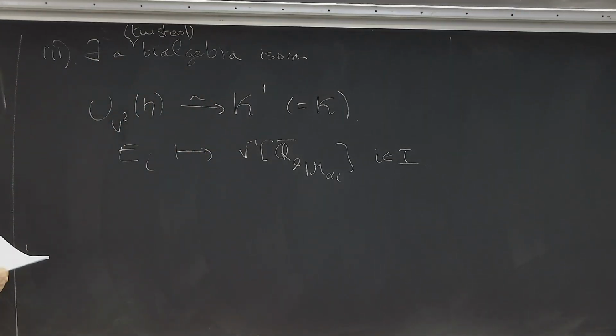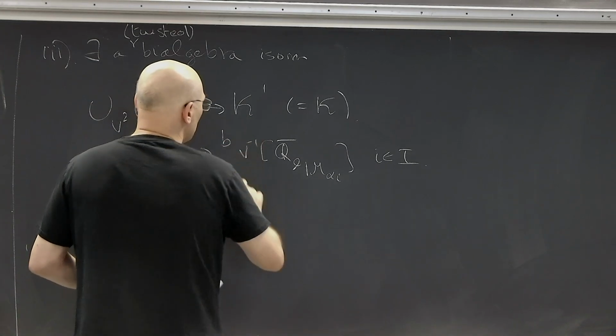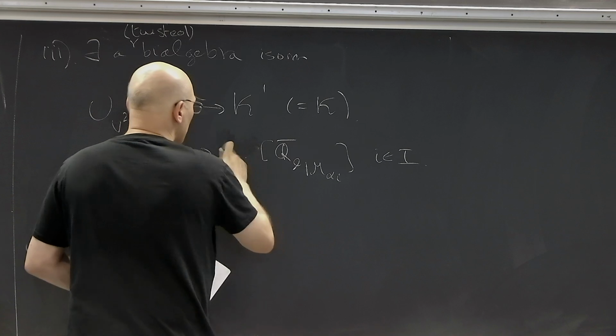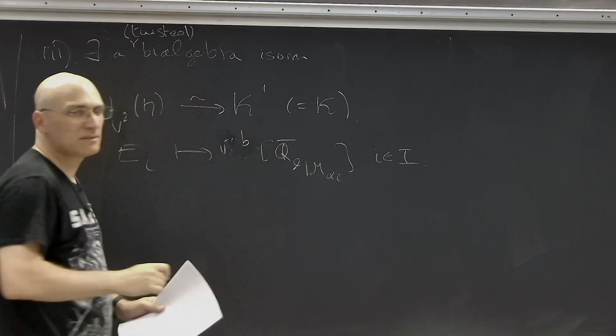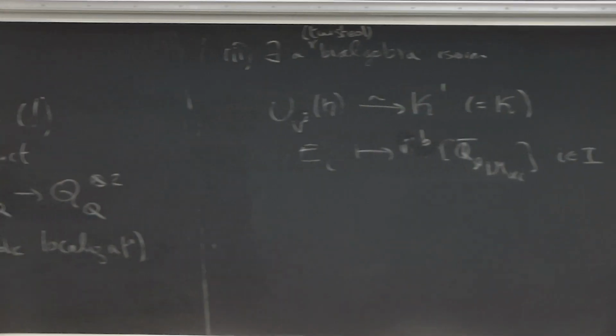Okay, so, you mean a B of that thing? Sorry? B, thank you. B. So v minus 1 B of that thing. Yeah. Okay, what's the corollary? I have to speed a little bit, but what's the corollary? And this is why Lustig wanted to do that. The corollary is that, okay, K prime in principle